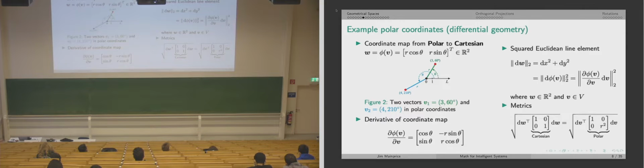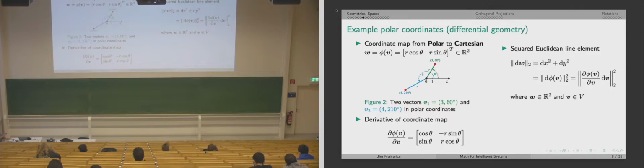And okay, what we would get here, so we know the coordinate representation, so that matrix here, and the squared norm of that is equal to that thing times dv